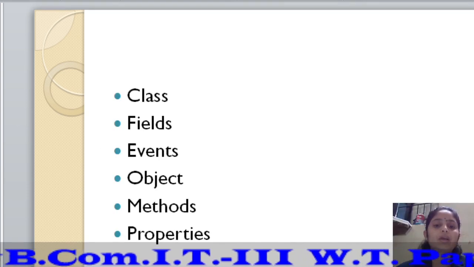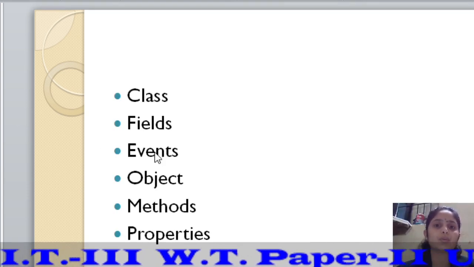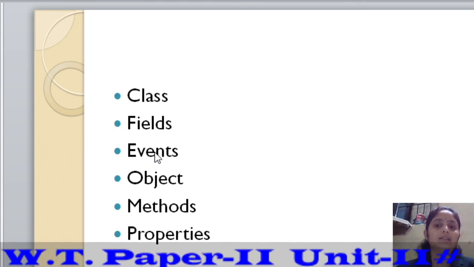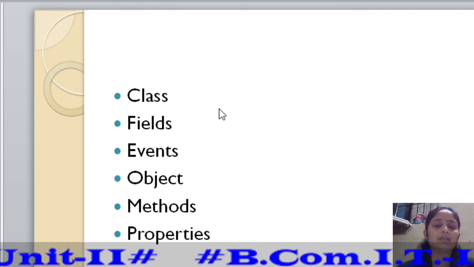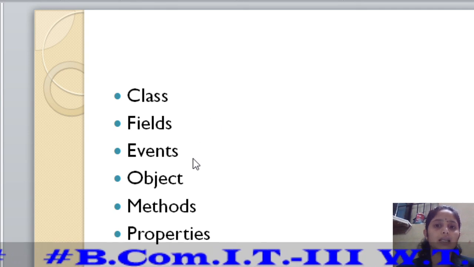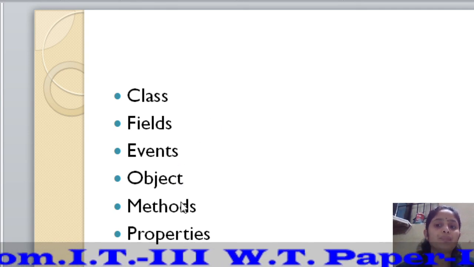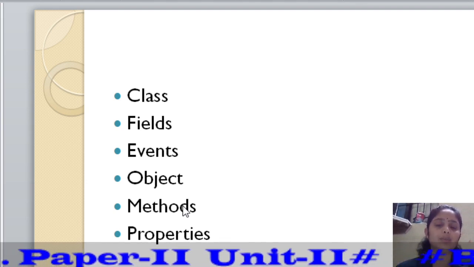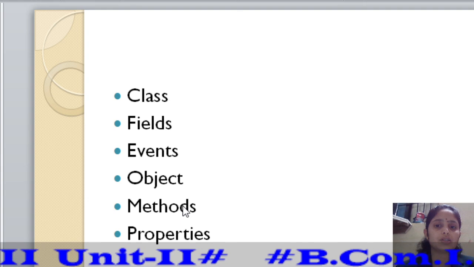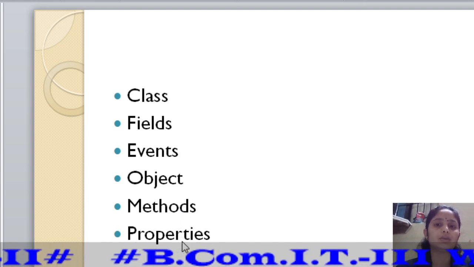In this lecture, we see the first point is the definition of a class. Second is the members of the class. In the members of the class, the first point is fields. Second is events. Third one is methods. In the methods, there are two types: the first one is subroutines and the second is functions. And in the property, there are two types, Set and